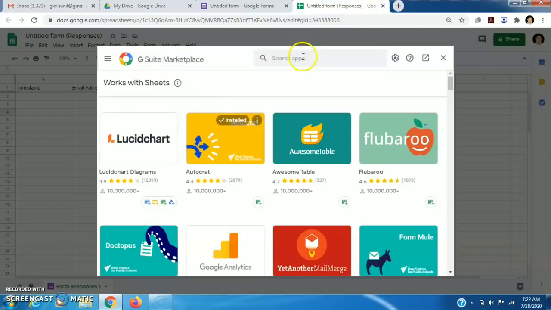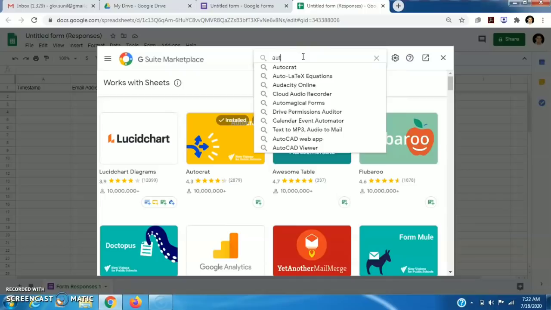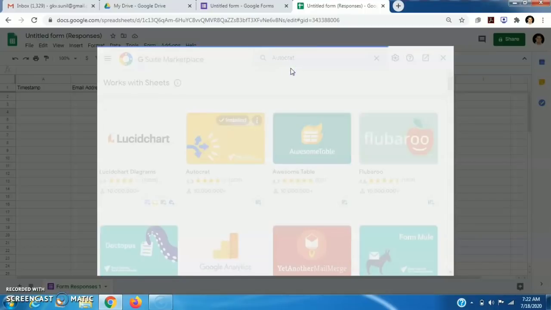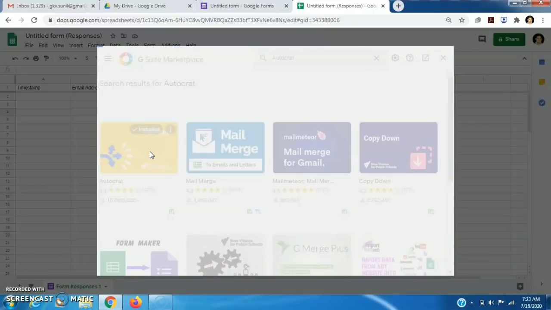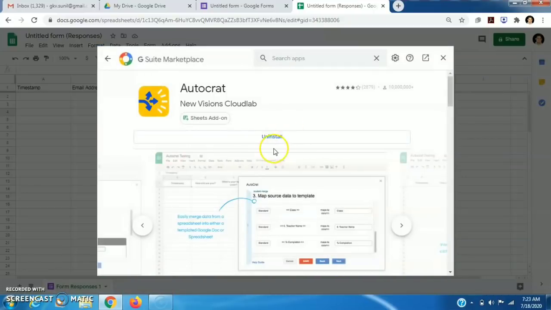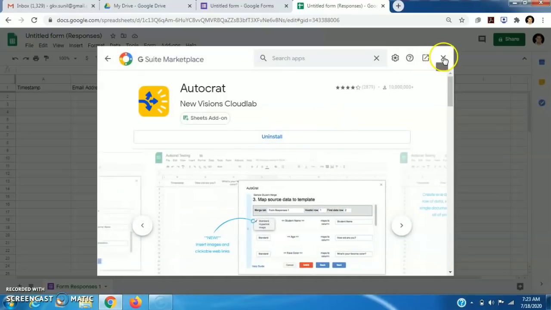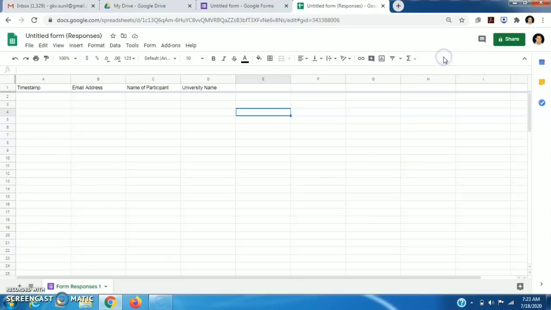Then we will search here AutoCreate. And from here you can easily install it. As I already installed, it is showing uninstall. So we have to first insert the add-on AutoCreate.